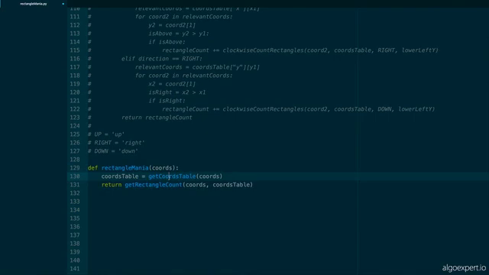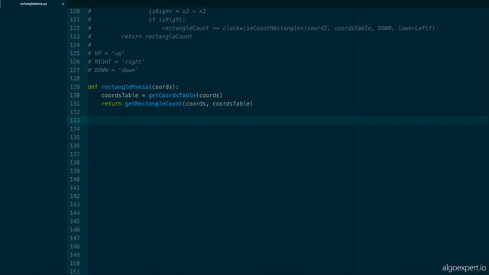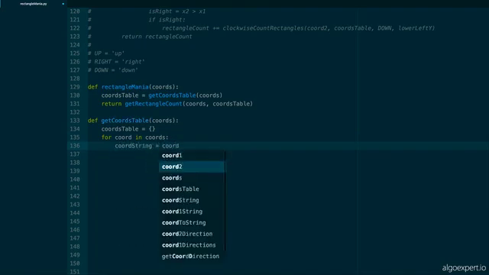Okay, so here we get a chords table, but our chords table is going to be way simpler. And this is really where, I would argue, the reason this solution is much better than the others, even though it has the same time and space complexity as the second solution, is that it's just so much cleaner in code, so much easier to understand, right? We do def get chords table, taking in chords. This is going to be as simple as our chords table is an object, or a dictionary. For chord in chords, just create a chord string. So we'll copy our chord to string